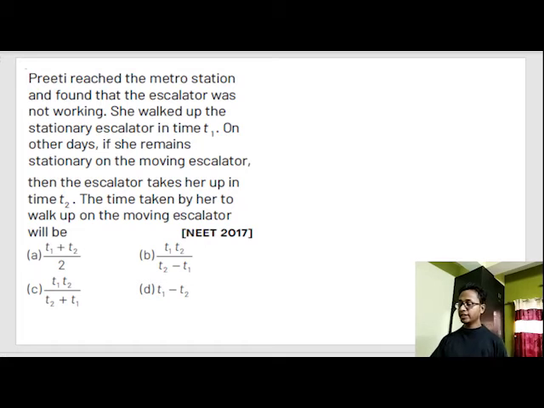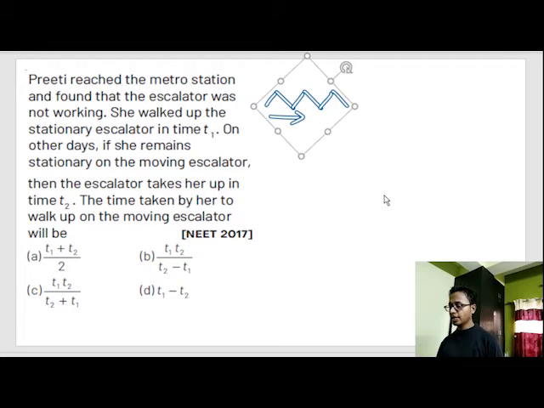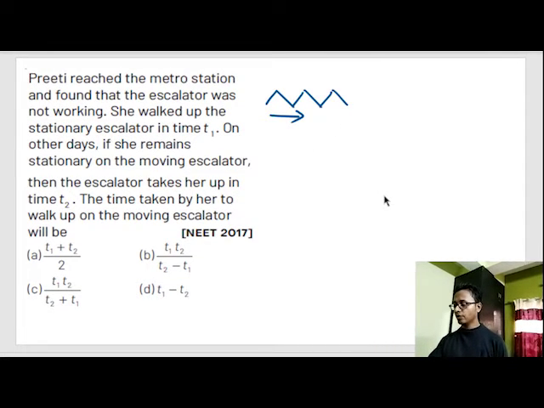So there is one assumption that I'll make here. Escalators are generally in slanted states, so if I do some calculation in this direction, we will most probably get confused. So what I am doing here is rotating the escalator and assuming it to be a conveyor belt with velocity in this direction. That much is clear.